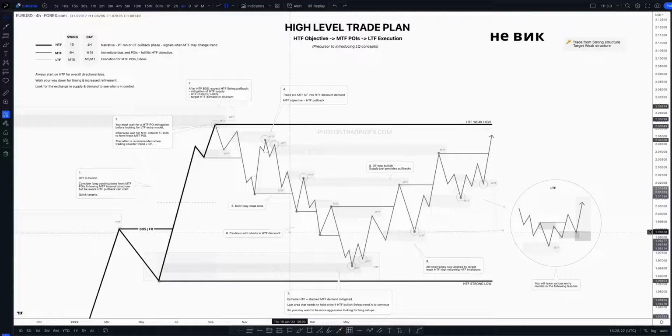And all of the other concepts we use, premium discount, liquidity concepts, a big part of that is what we're going to learn as well. Okay, so watch this video again and again and again. We'll keep going over it. We'll go over this again in the trade plan module when we introduce liquidity concepts. For the majority of you, we are always going to recommend, even if you're advanced, that you start with this style, okay? Because if you get good at this, then you'll have a much higher chance of being good at this,